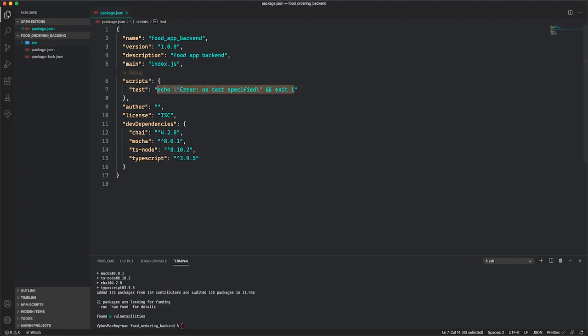And by test script, I mean whenever I run this script it will run the set of tests in my application. So I'm going to use mocha, which is the testing framework. And I'm going to use some flags that it requires: ts-node register. I'm going to say watch for TypeScript extensions, watch-extensions ts, and the path to my test files will be in the folder test,